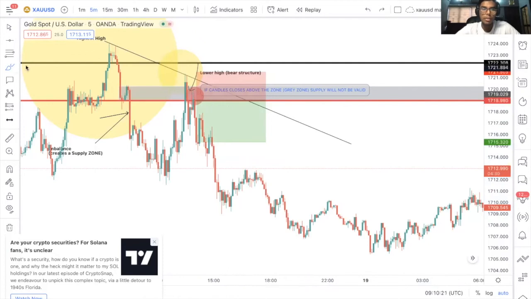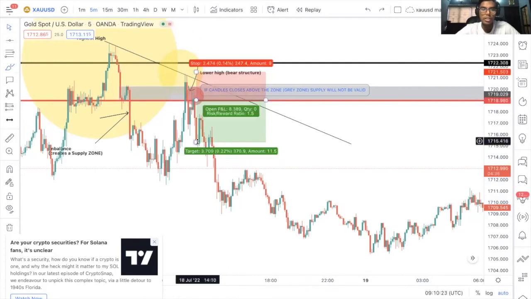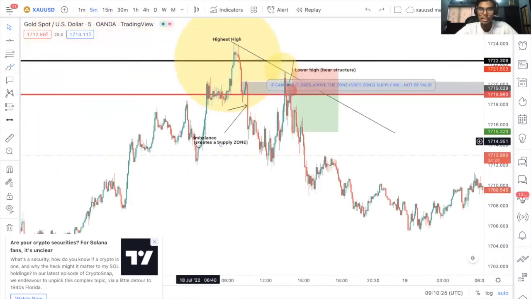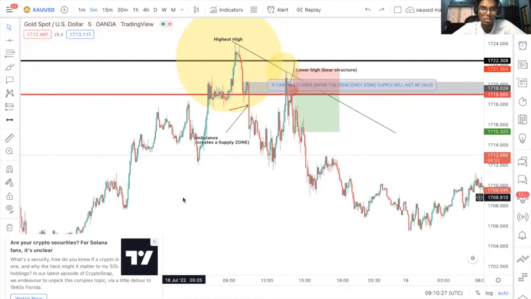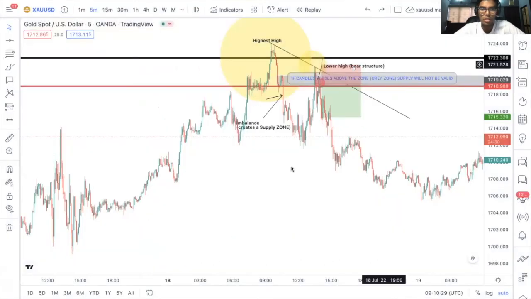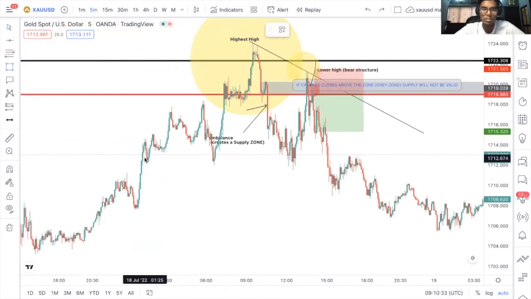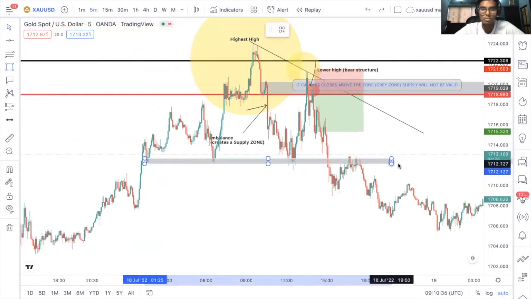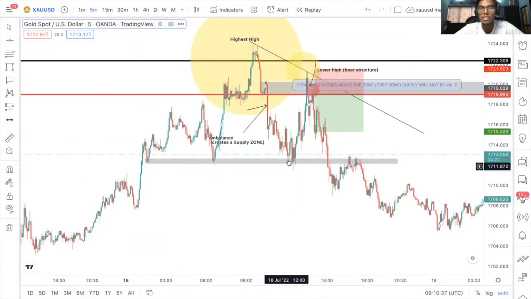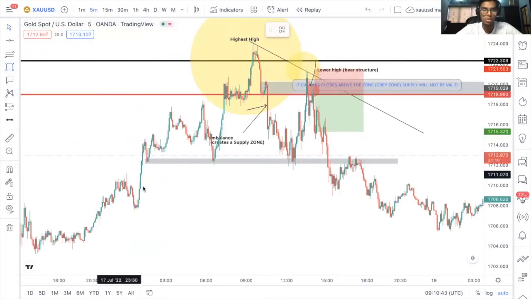So I had my entry right here, and my TP was at the next demand zone. So as I zoomed out, I could see a couple of zones here. This was one of my zones, but this wouldn't be a fresh zone because previously price has already retested and traded higher. So the next best zone would be here,